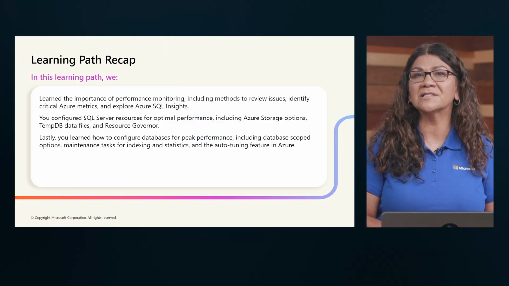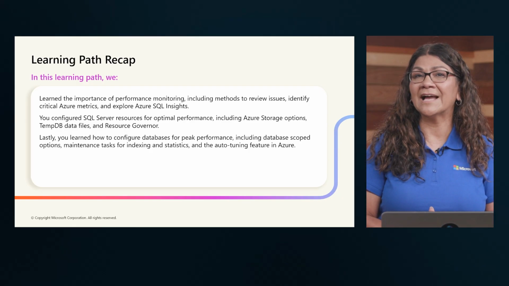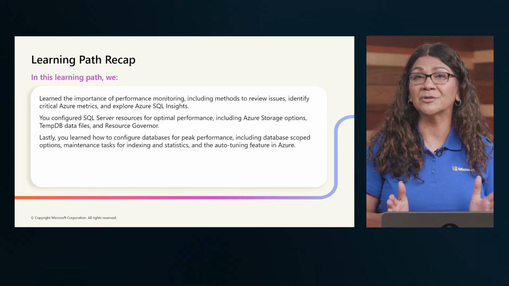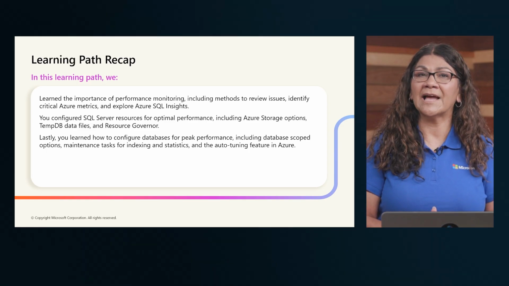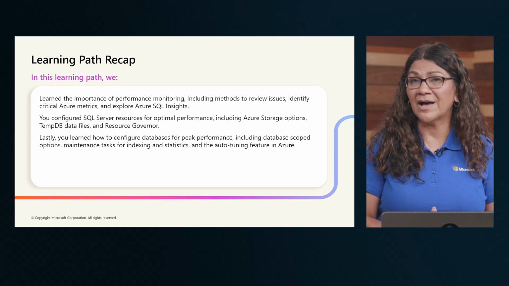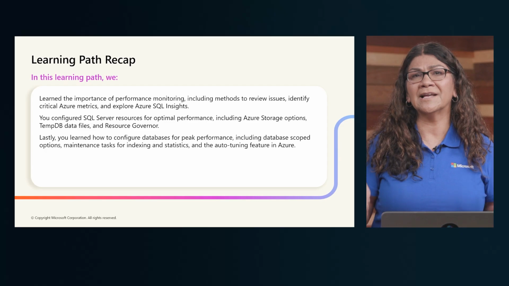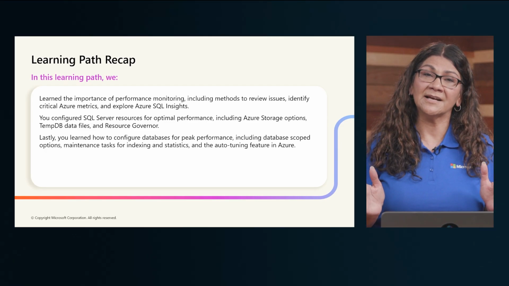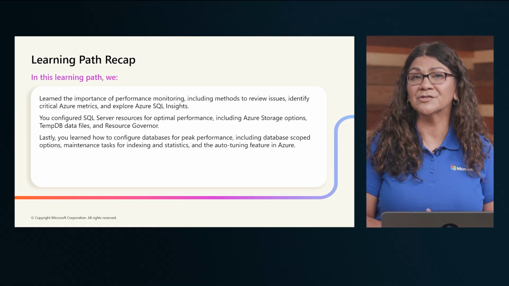In this section, we explored key strategies for boosting SQL performance, starting with monitoring tools like Azure SQL Insights and critical metrics to spot issues early. We then optimized SQL Server resources, configuring Azure storage, TempDB files, and Resource Governor for peak efficiency. Finally, we tuned our databases with scoped options, automated index and statistic maintenance, and enabled auto-tuning in Azure for smarter,